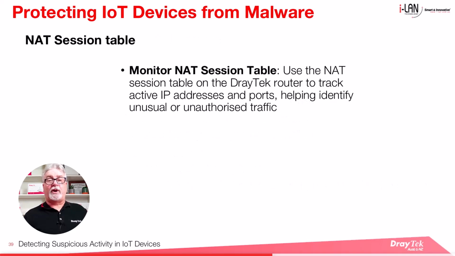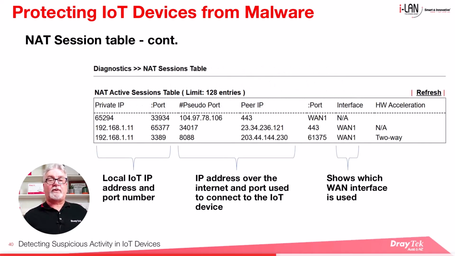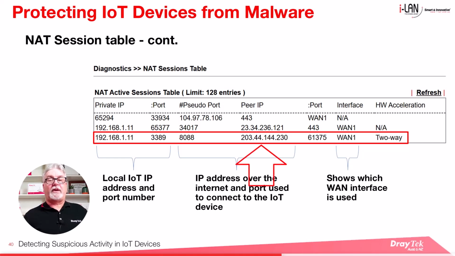DrayTek routers also have some monitoring tools, including the NAT session table. Here you can monitor and track active IP addresses and ports, helping identify unusual or unauthorized traffic. In this example, we've configured a port redirect to allow RDP access from public port 8088 to the local IP 192.168.1.11 on port 3389. You can view this connection in the NAT session table, where the third row here shows a connection from IP address 203.44.144.230